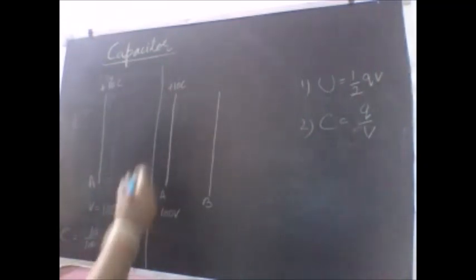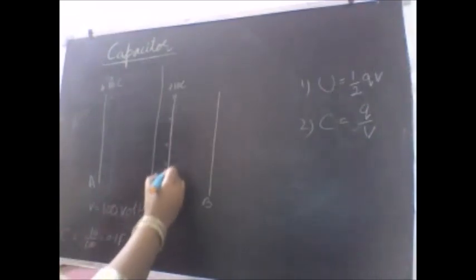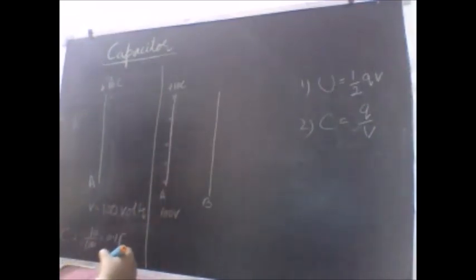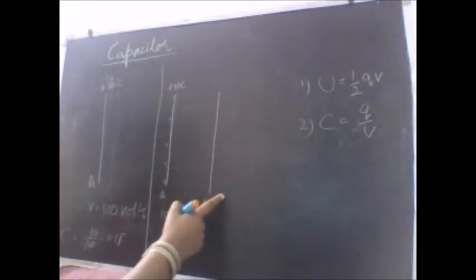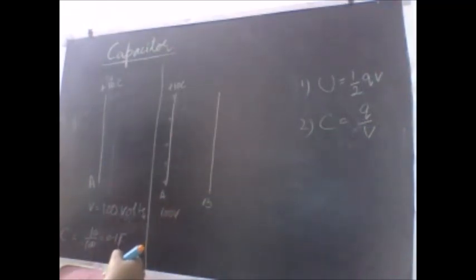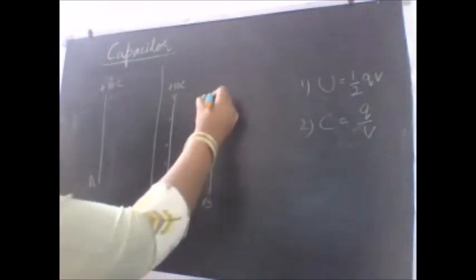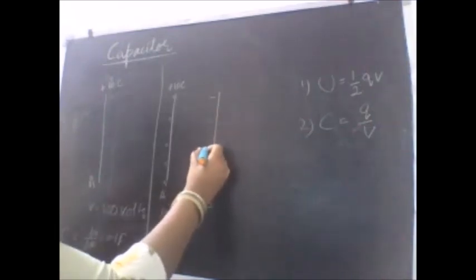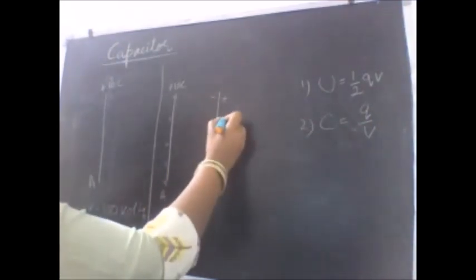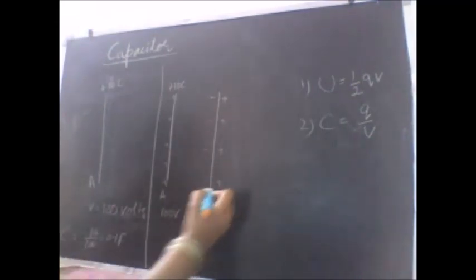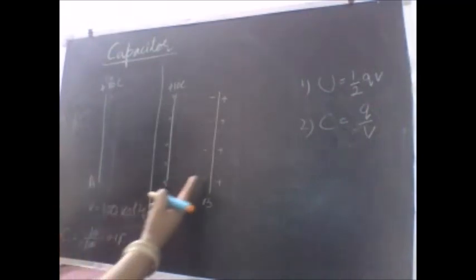So let us understand. Since the charge here is positive and deposited uniformly all over the plate, and the plate B that I have taken here is not carrying any charge, what will happen? It is going to induce some charge on the plate B. So a charge minus Q will be induced on plate B, and the same charge will appear on the other side of the plate B.